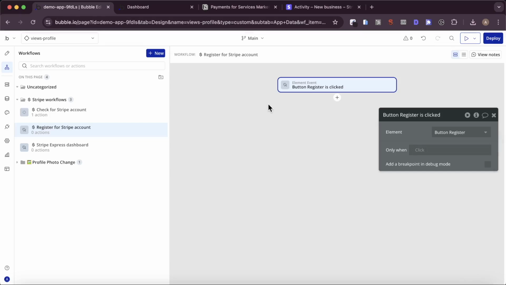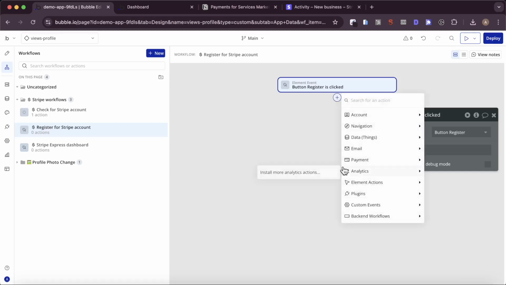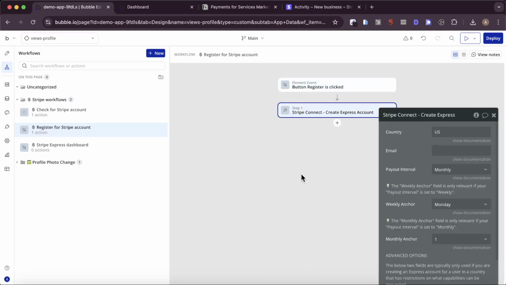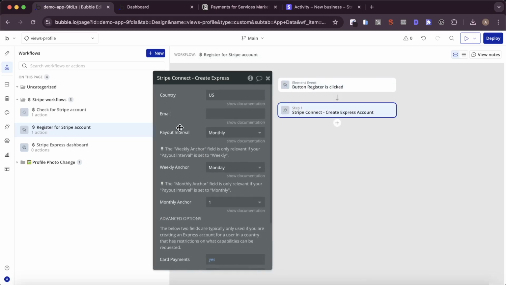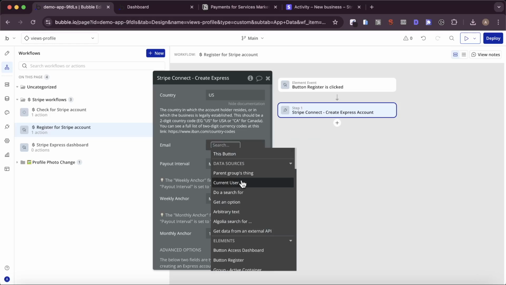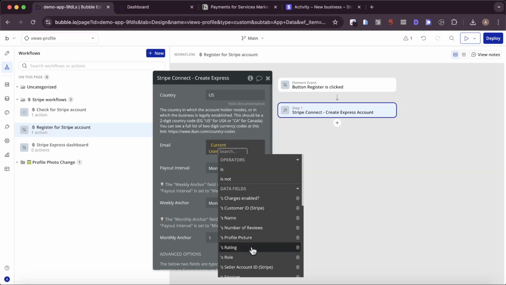We're going to add 4 actions here. The first one we're going to do is go to Stripe Connect and create an Express account. Now, you are going to need to provide a country, and it must be a 2-digit country code. You can see a full list of country codes at this link. I'm going to stick to the US for now. For the email, I'm simply going to use the current user's